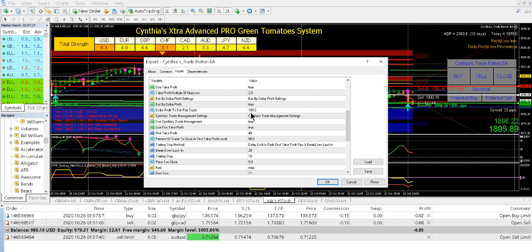But if you're using a small lot size and you want to make it a little more realistic, you can change it to 50. If you're using a smaller lot size, you can even change it down to 10 if you want, or 20, whatever. That means whenever this particular pair on this chart hits $10 profit,